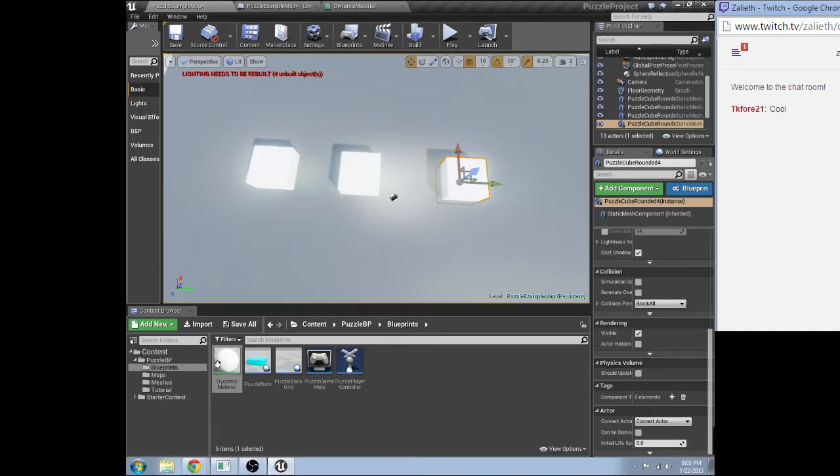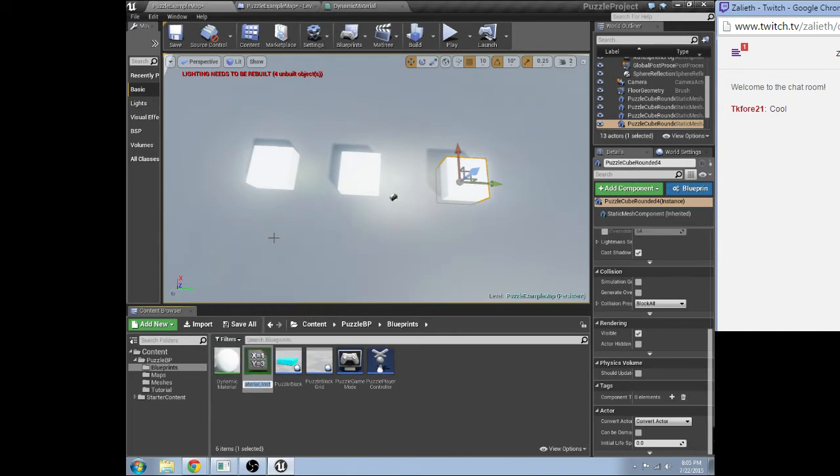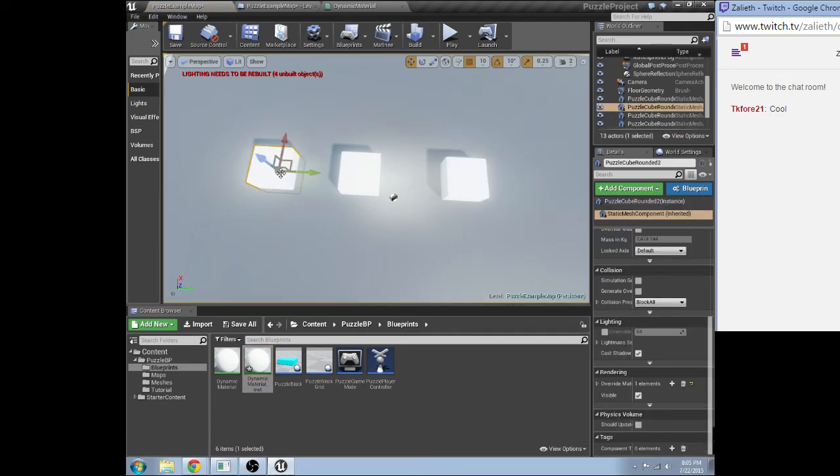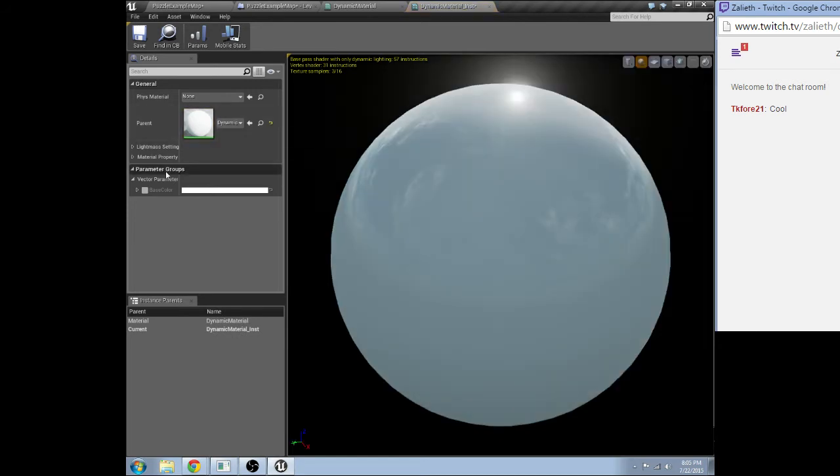Now, if I do this, create material instance, and apply that, check this out. So now if I go in here, you'll see it's just our material. It has our parent right there, but we have the vector parameter that we made, base color. You can click that,